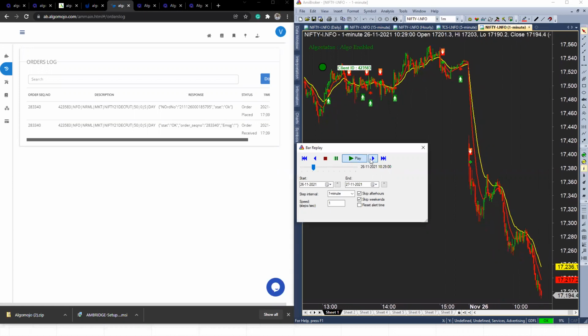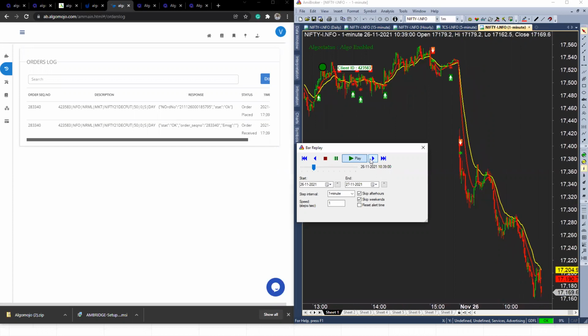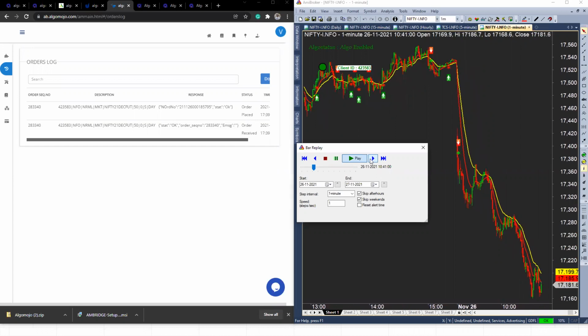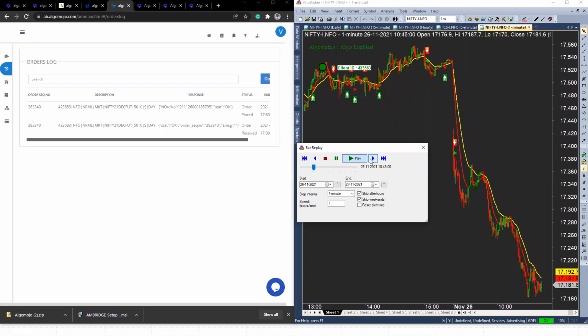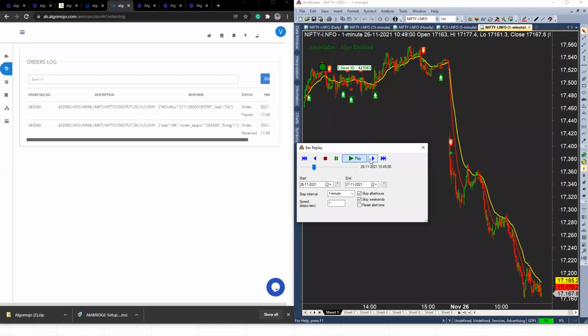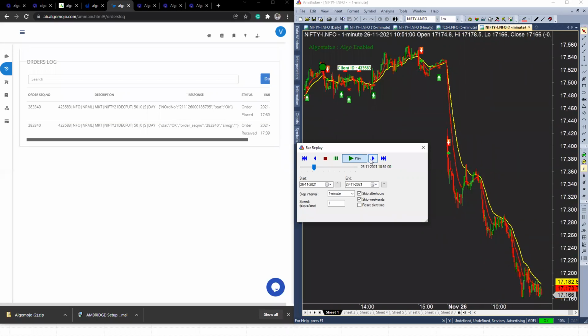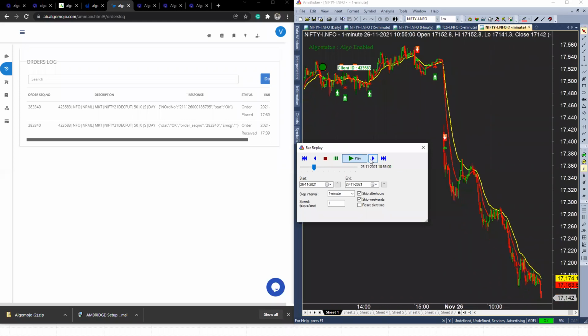So let me quickly fast forward over here. I'm just going to look for a buy signal. If any buy signal is going to happen, what will happen? Here, buy also will happen, cover also will happen. The cover it will tend to ignore because there are no open positions over here. So automatically only buy execution will happen. For testing purposes, that is more than fine.